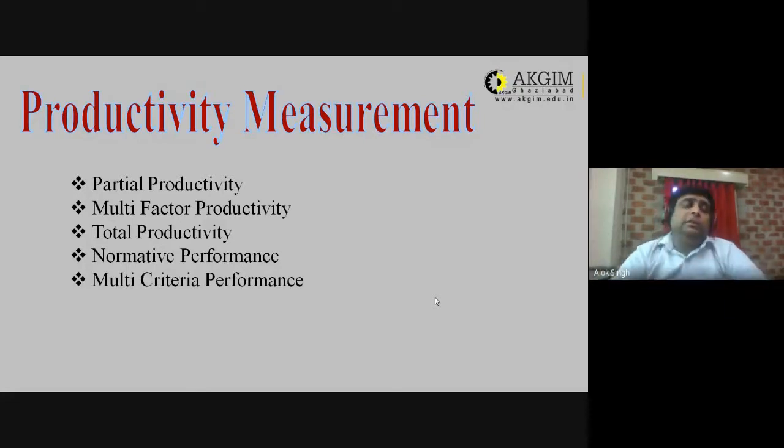Like in the education sector, education is totally a service industry. Crude oil production is totally a production industry. So in terms of crude oil, it is total tangible output divided by total tangible input. In the case of the education sector, it is total intangible output divided by total intangible input. And for any sector like restaurant, automotive, or any other industry, you will check total productivity through total tangible and intangible output divided by total tangible and intangible input. So that is basically total productivity.